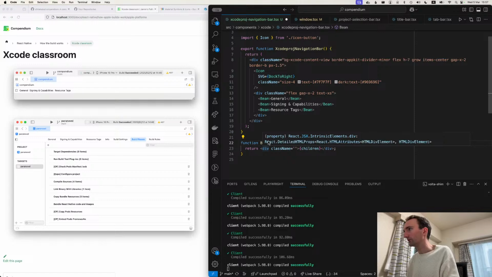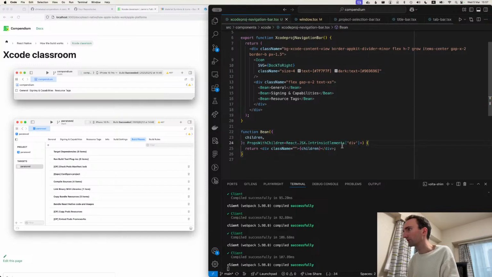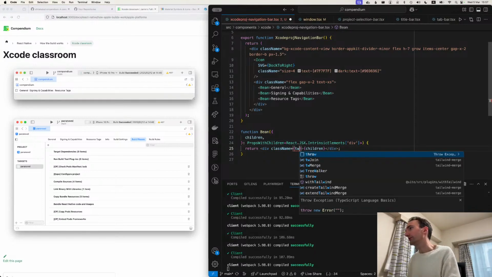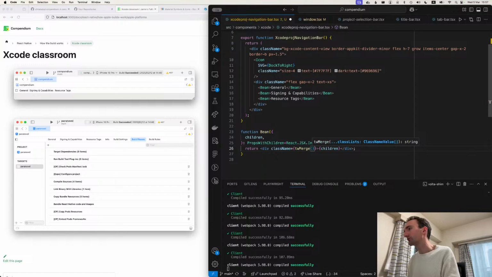I mean, we could do it like this. Can we just do that? Oh yes. We'll do that, and we'll do a standard Tailwind merge of